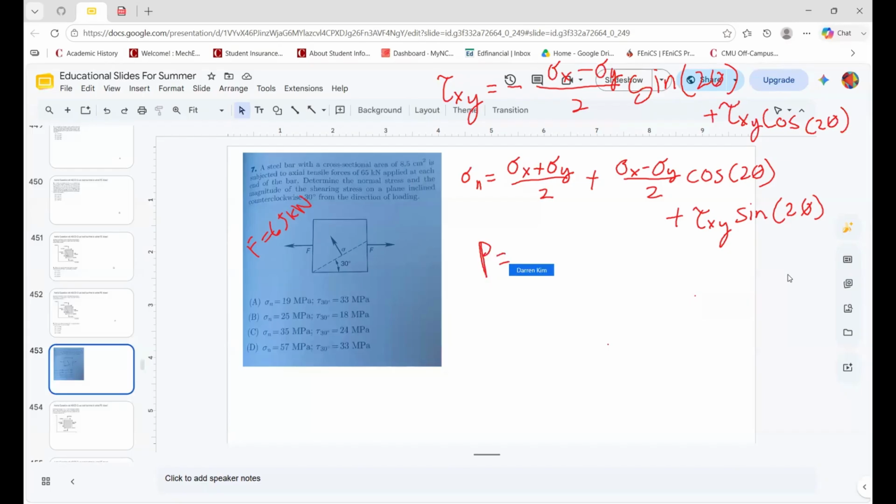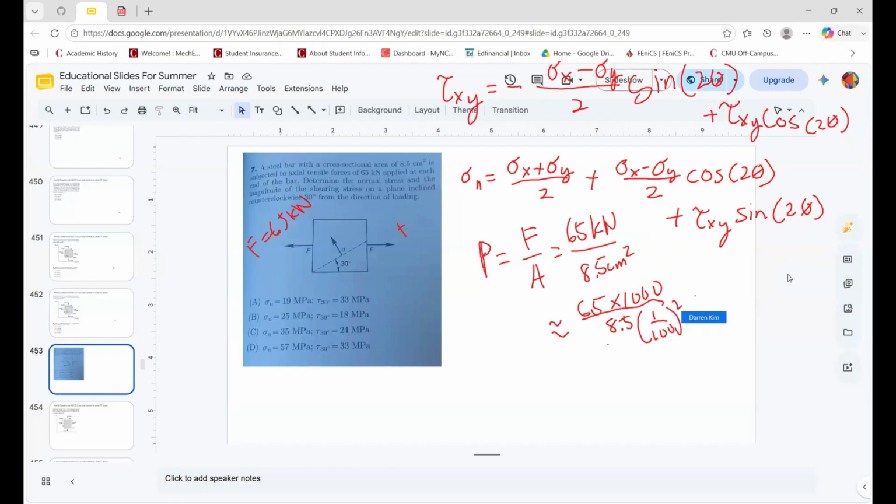P equal, this is x direction, by the way. P equal, once again, force divided by area, which is 65 kilonewtons divided by 8.3 centimeters square. So you need to convert that into like 65 times 1,000 divided by 8.5 parentheses 1 over 100 square. So 65 multiplied by 1,000, divided by 8.5 parentheses 1 over 100 parentheses square equals about